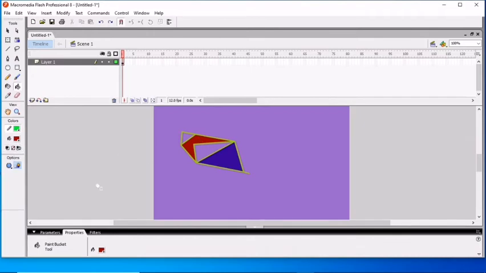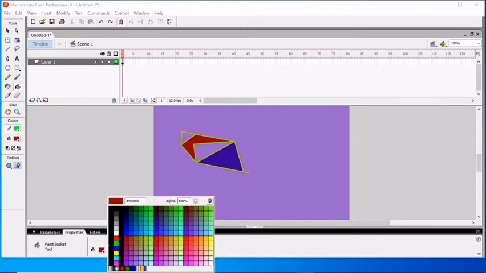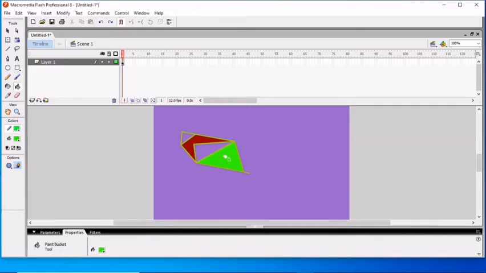If you want to change any other color, you can select from the property inspector or from these tools. Select any other color like this one, and if you click here, this will be changed. And if you don't want this, press Ctrl and Z, and this will be undone. Okay, and this is the eyedropper tool.